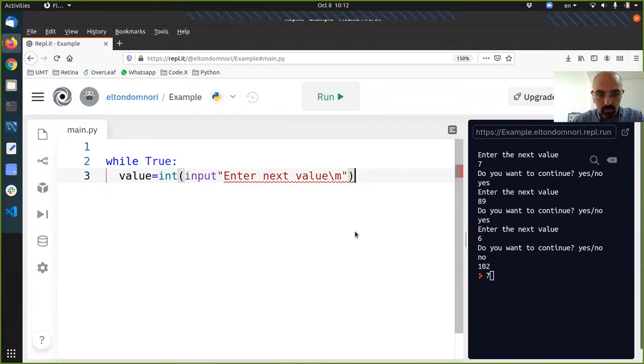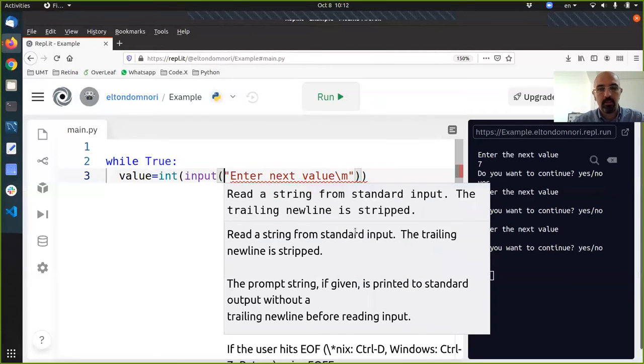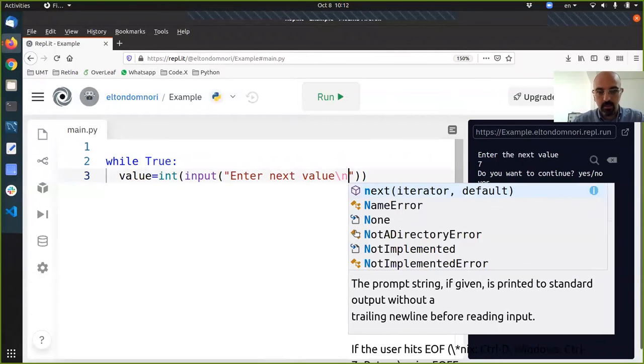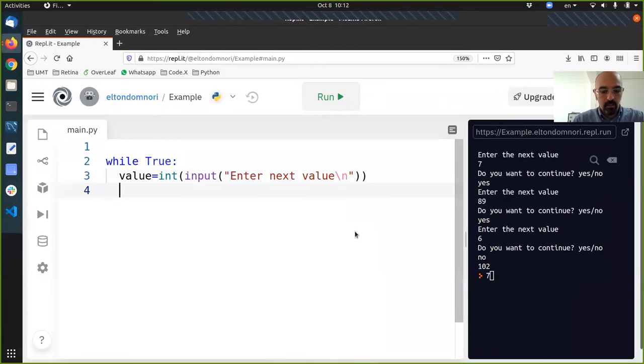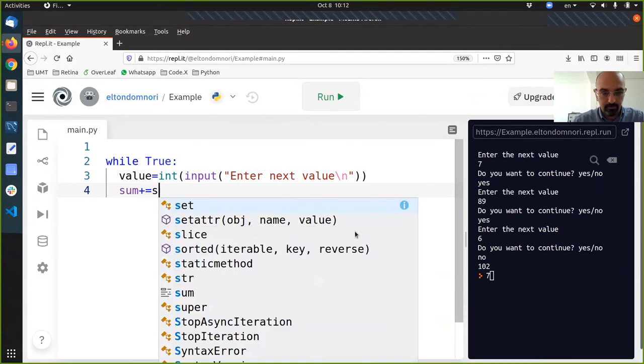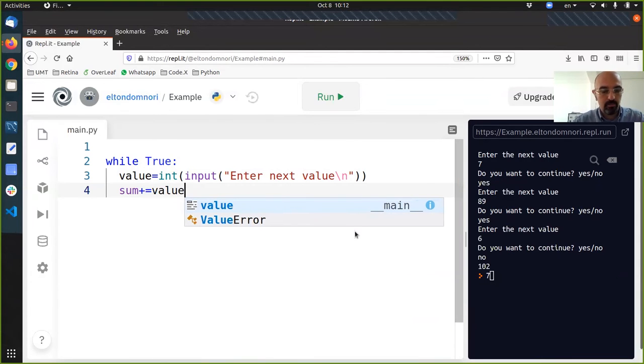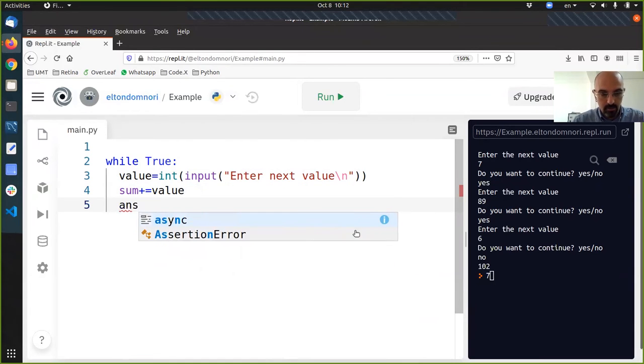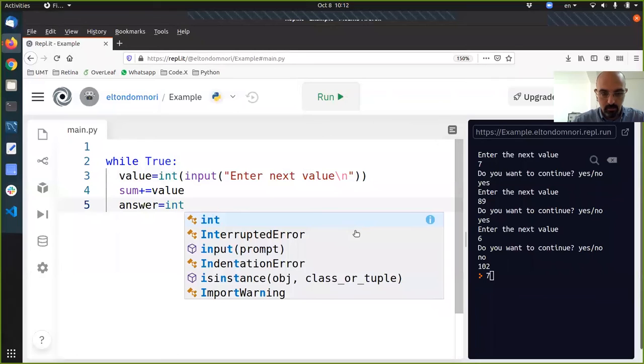Okay, here is missing. This is sum equals sum plus value, and answer, which is the string input,